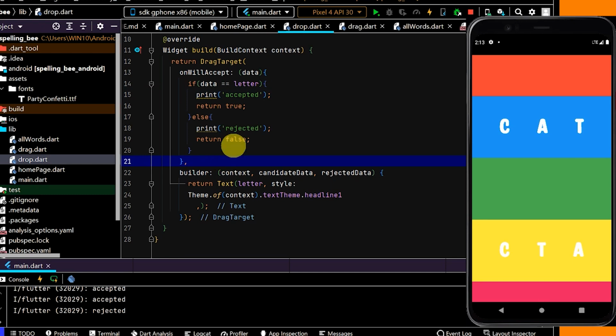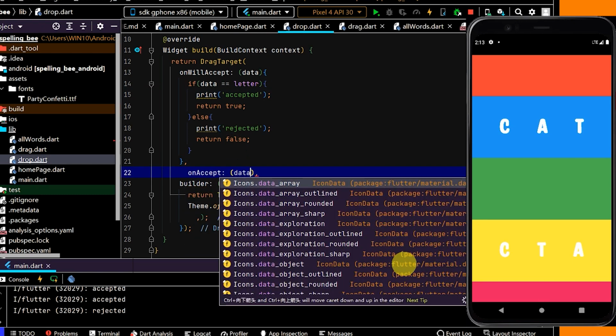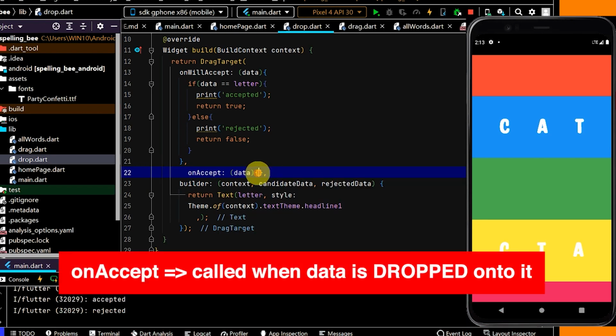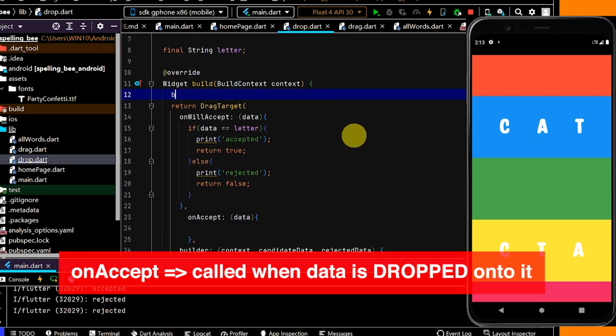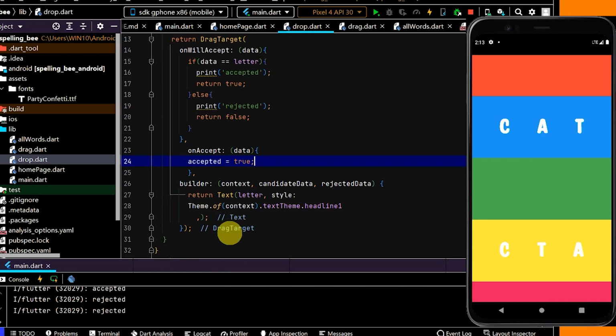So to do that, I'm going to also use the onAccept, and this also takes in some data, and here I can create a bool that just turns true when we accept whatever's dropped on top of it. So we'll set that to false. However, if we drop something on top of it, I can then go accepted is equal to true,